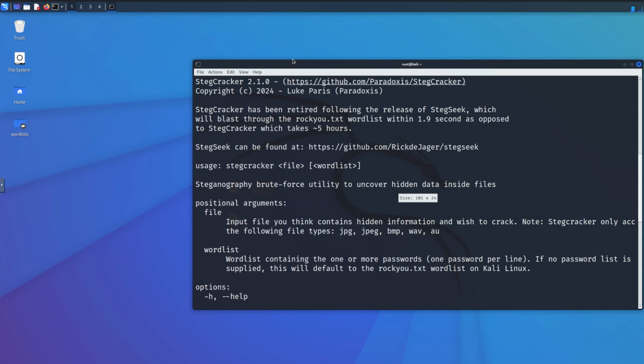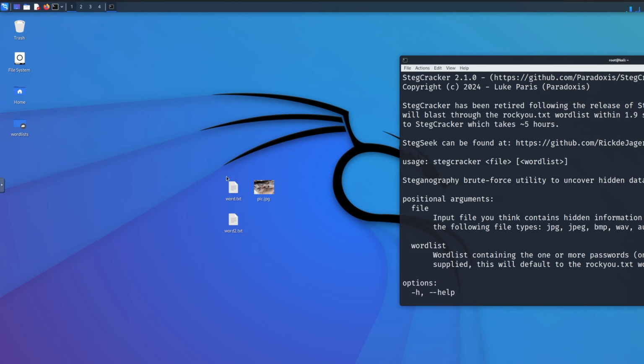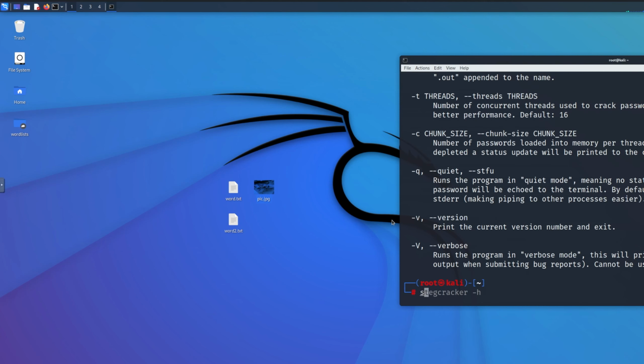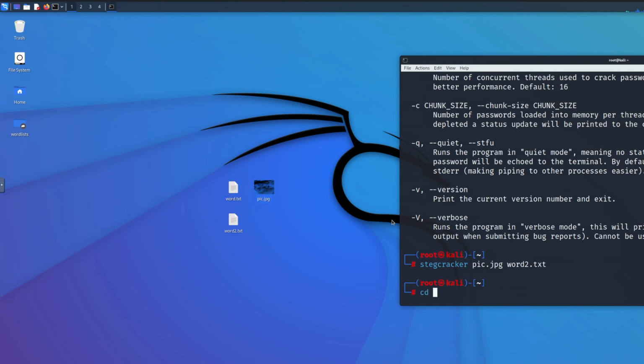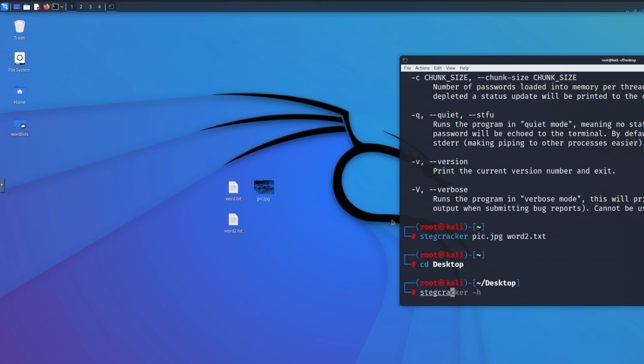I actually have these word lists. We're going to be using one, which is this one, sorry. I want to show you what to do in a certain situation. And this is the picture. So what we're going to do is stegcracker pic.jpg, and we're going to use word2.txt. Actually, sorry, we need to do Desktop. So we're going to do stegcracker pic.jpg, which is our picture that we want to crack, using the word